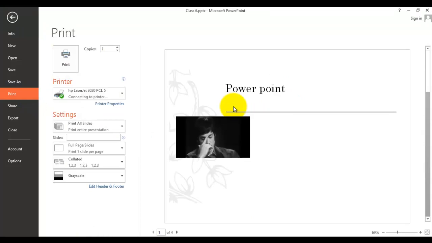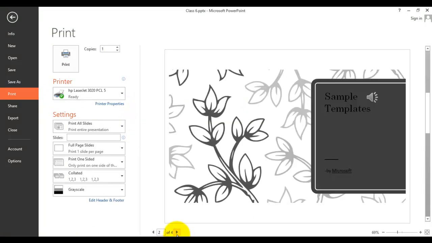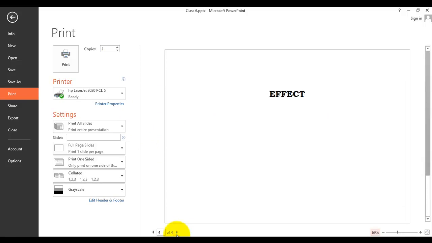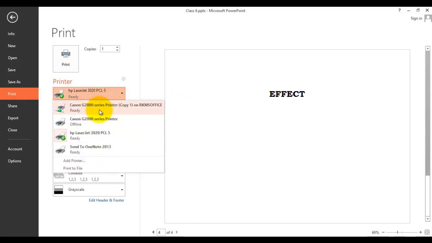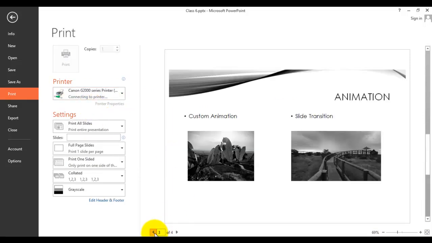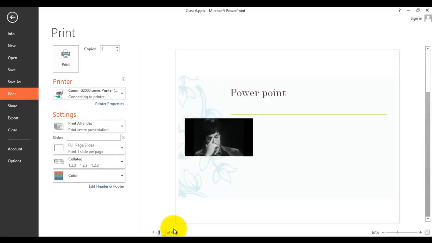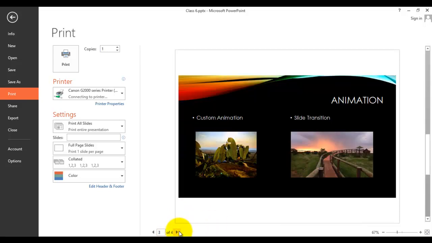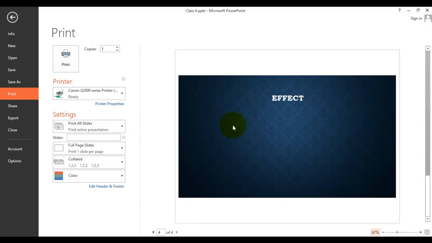Like this. This is the first page. This is the second page. This is the third page. This is the fourth page. This printer is a black and white printer, so color is not coming in. This one, if I select it, it comes in color. This is the second slide. This is the third slide. Like this, you can print it,